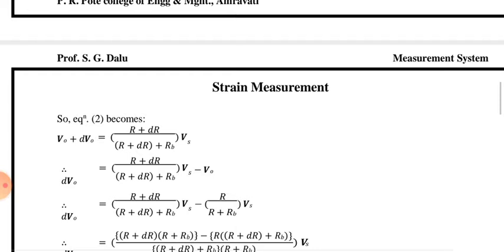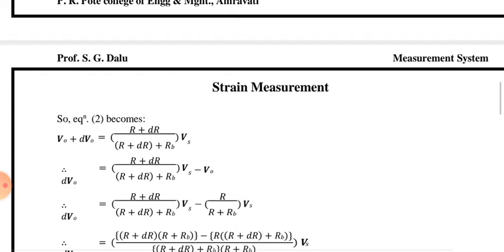So the equation 2 becomes VO plus DVO equal to (R plus DR) upon (R plus DR plus RB) into VS. Okay, so what we have done here, that VO we have transferred to the right hand side. So DVO equal to (R plus DR) upon (R plus DR plus RB) into VS minus VO. Okay, so here we can do one thing,